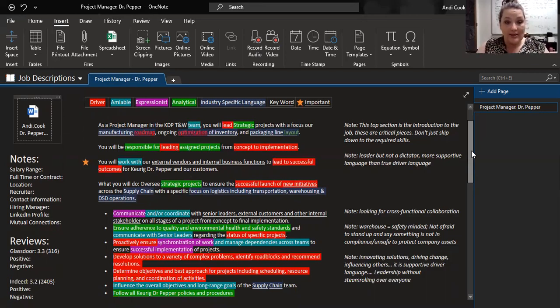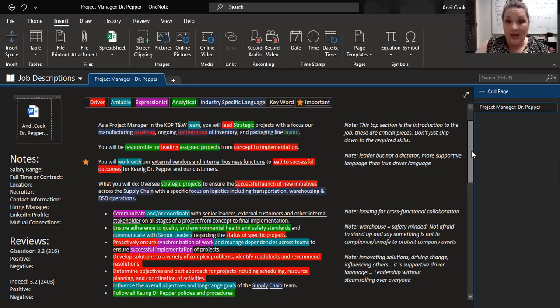So we've got a lot of things going on. Leadership is driver, strategic is analytical. So from this first part, we don't know yet. But immediately they dive into industry-specific language for manufacturing roadmaps, optimizing inventory, packaging line layouts. These are very strategic, analytical,